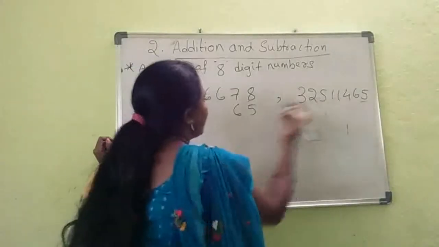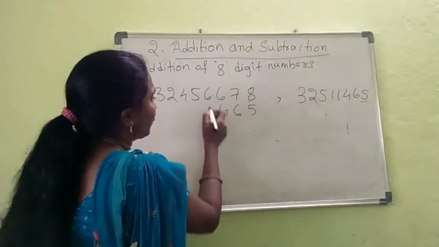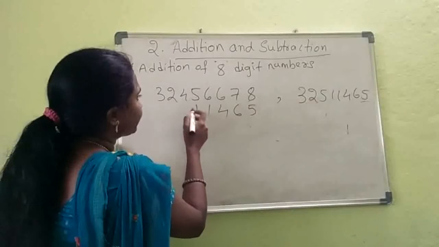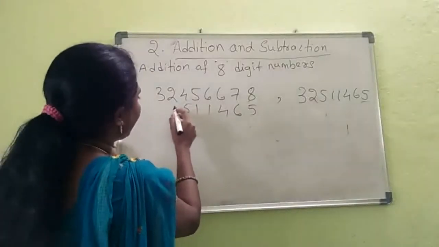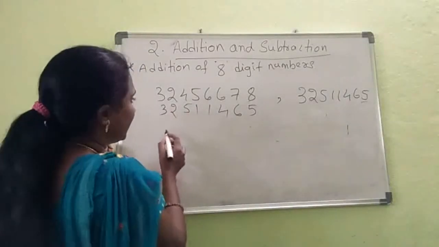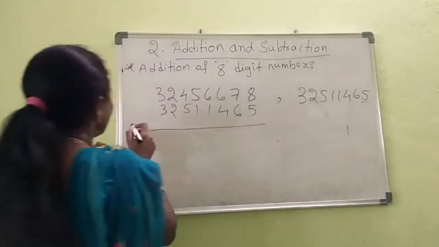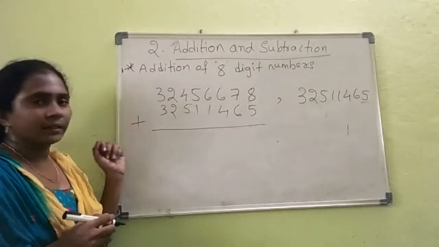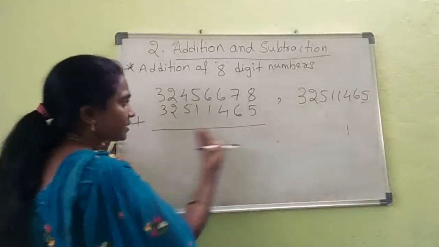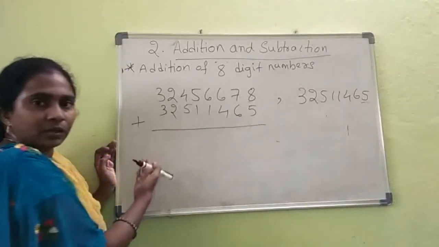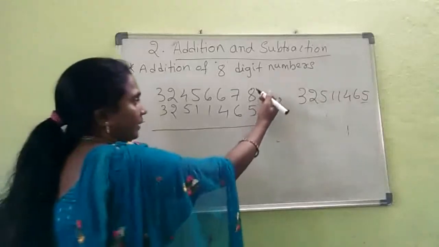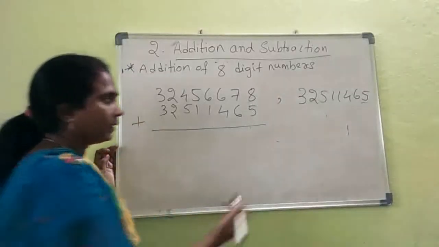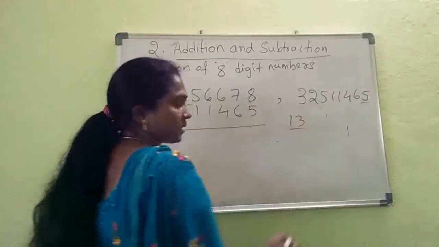Now next, going to the next digits, that is 4 1 1 5 2 3, right? After placing this, you will start placing of these numbers. Done, right? Now you will start the addition. Again, addition starts from the right side to the left side, right? 8 plus 5, 13.